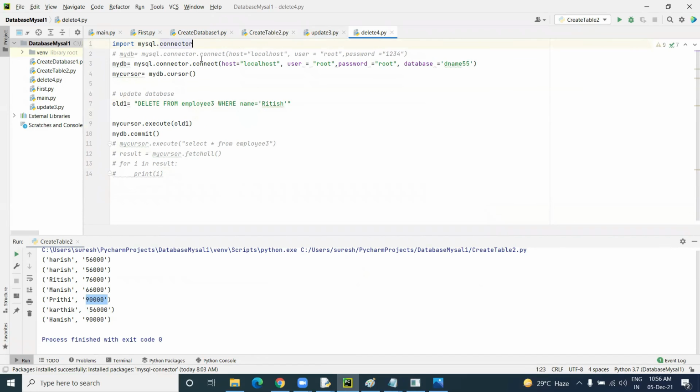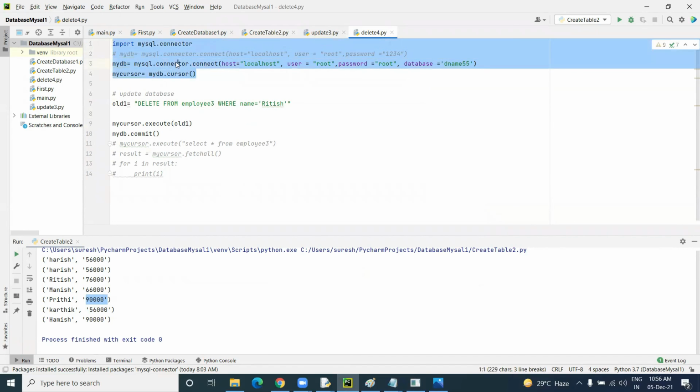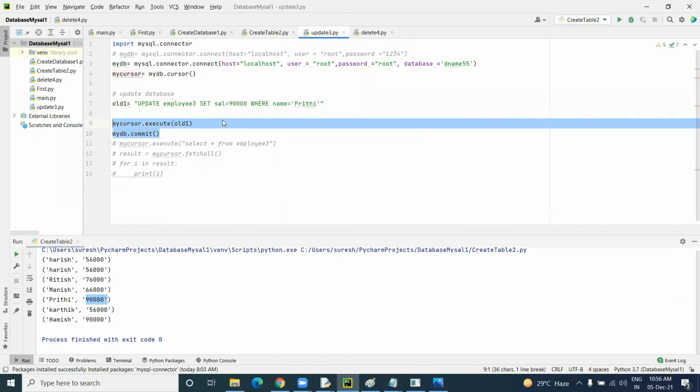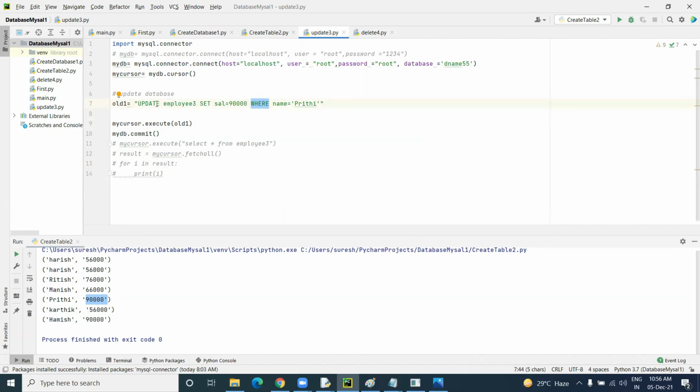These three lines of code are common, like import something. So here I'm taking delete as a keyword. From here you can see from where you want to delete, like from table 3 where. So we just use where. If you want to update, you can see the information update, where is important. Set is a keyword. If you want to update, set is a keyword. So if you want to delete, delete is a keyword. And here you don't set this information at first. From employee 3 where, so Ritesh I want to delete. I want to delete Preeti, or else I want to delete Harish.